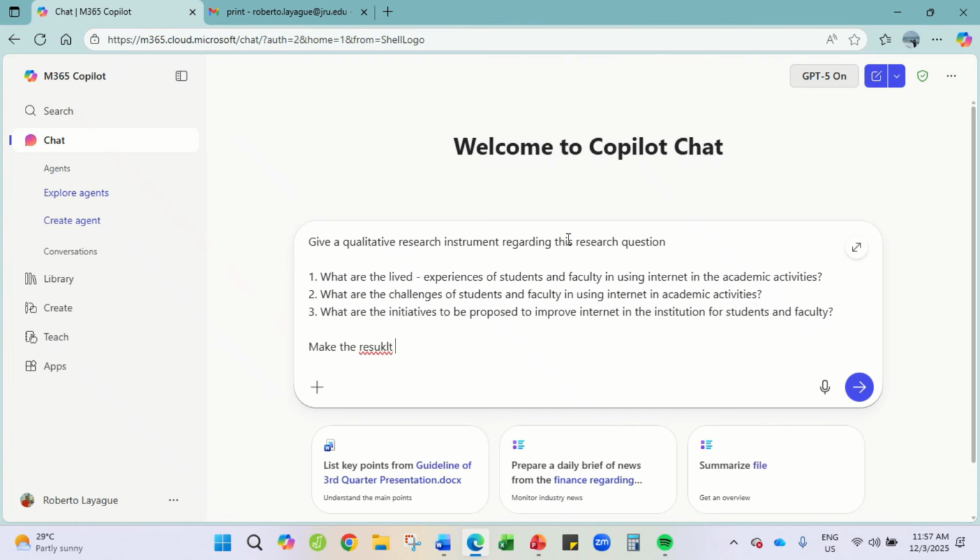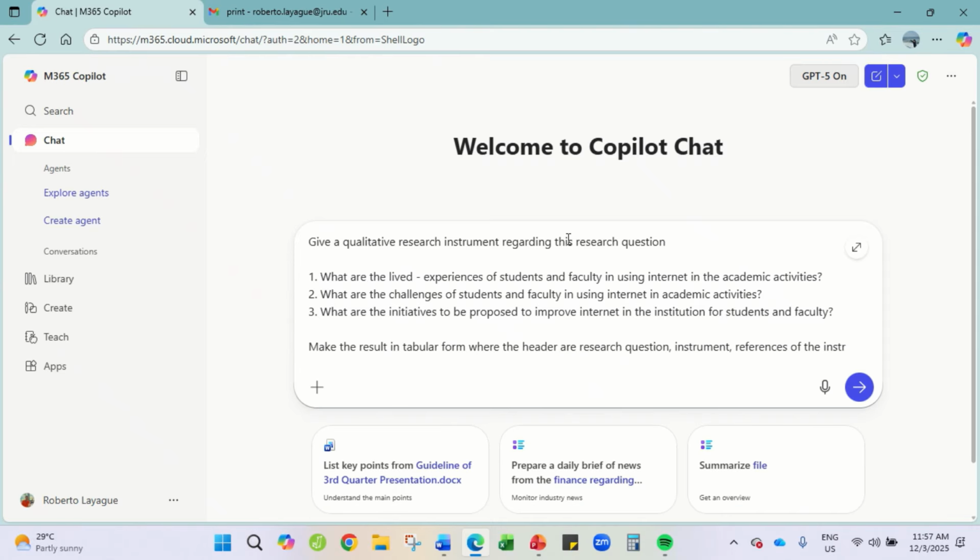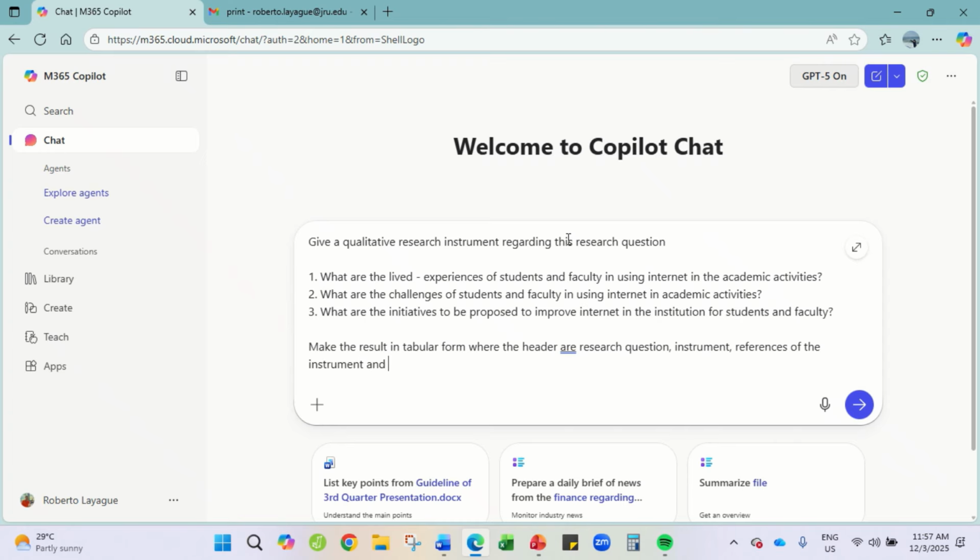And then make the result in tabular form, where the headers are research question, instrument, reference of the instrument, and treatment for the instrument.